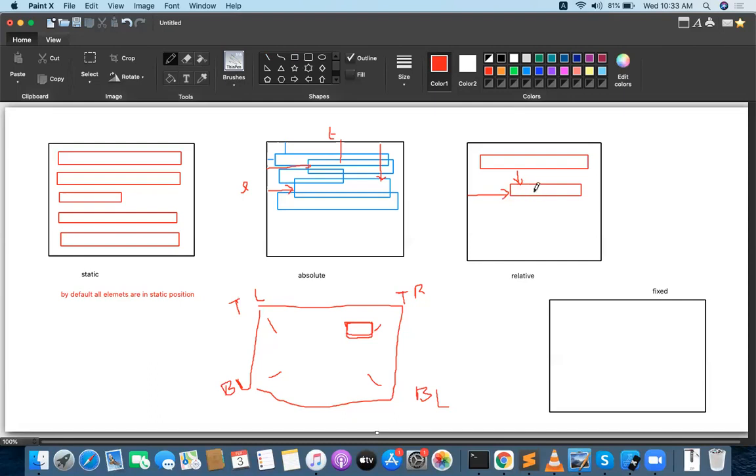This element is applied from here to here. Can you observe? So the second element is a relative element. What is the adjacent element of the second one? This is the first one, this is the second one. What is the adjacent element of the second one?